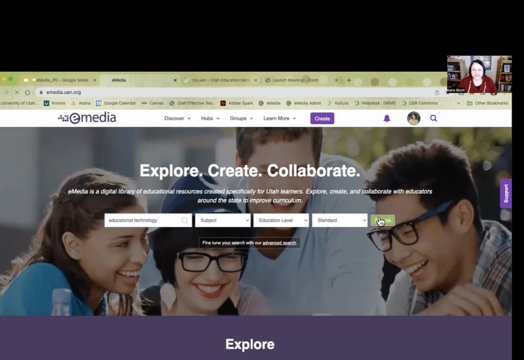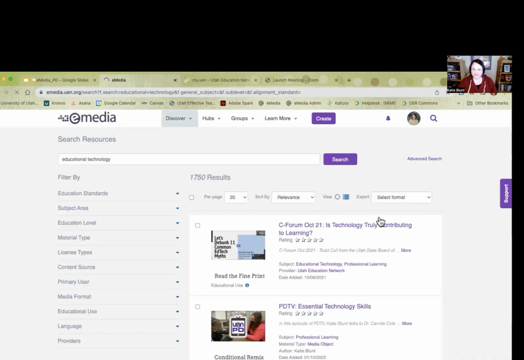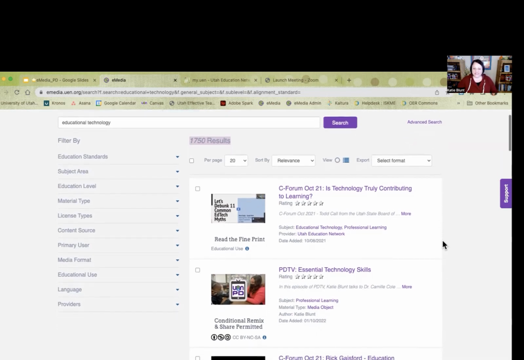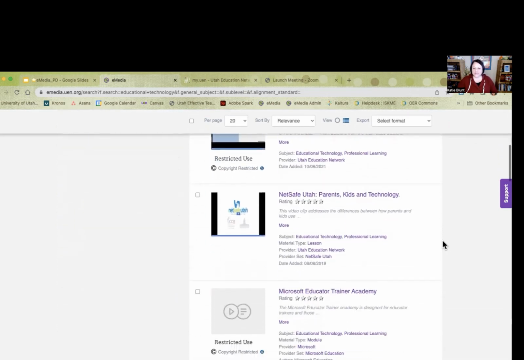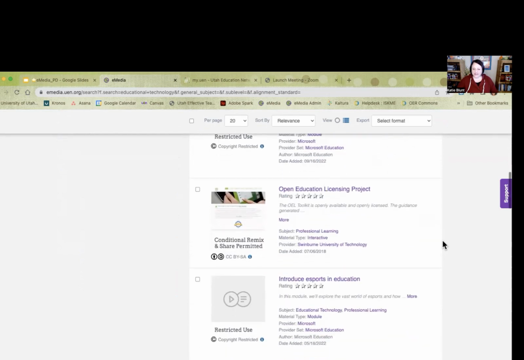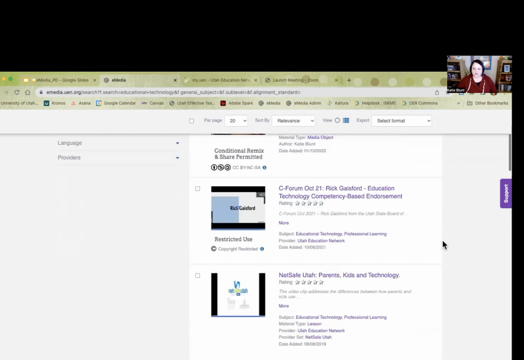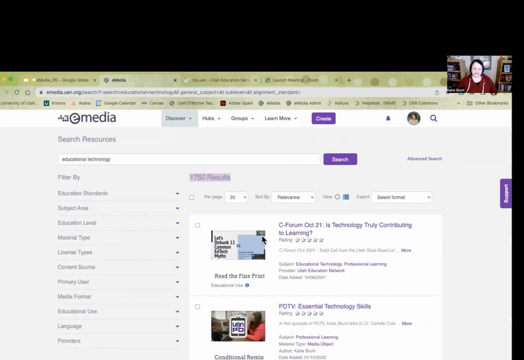When I'm teaching educators how to use this, I like to start with a real basic keyword search because it gets us to a lot of results and it can help you just get a feel for what's going to pop up. When you conduct a search, you can see that it gives you this whole list, little previews of different resources that you can access. I want to point out on this page that